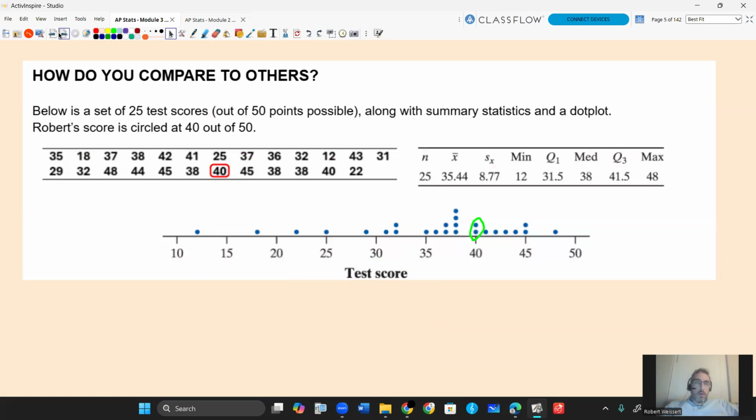Let's say Robert got a 40 out of 50. 80%, not too bad. We look at this distribution. We want to see where that 40 compares to the others. So what I'm looking at is